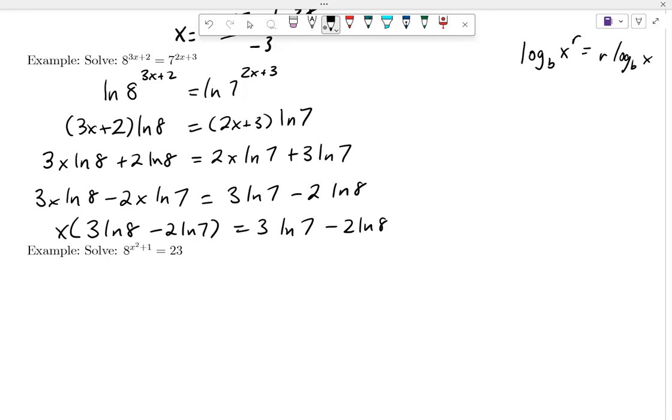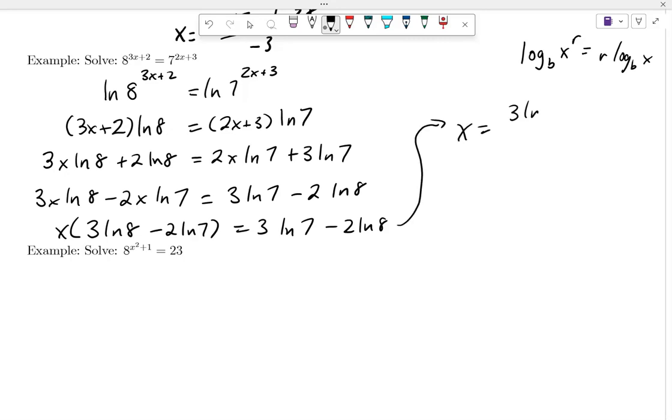If it were a 3, what would you do with a 3? Literally, if it were 3x, what would you do to solve for x? Divide. So what do you think I'm going to do with this quantity? Divide it. Yeah, I'm just going to divide it to the other side. Exactly. So when I'm done,